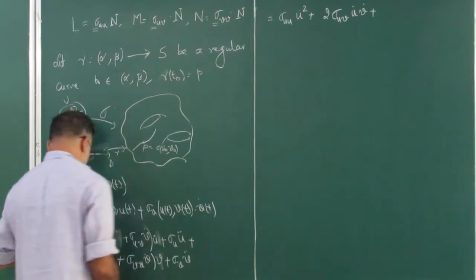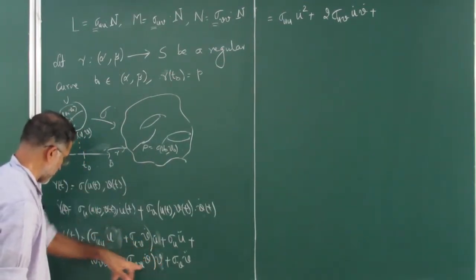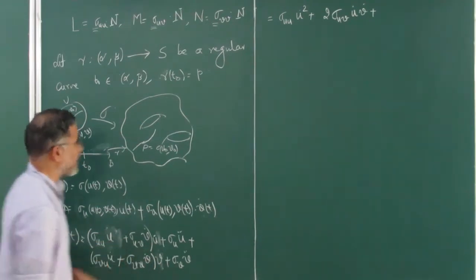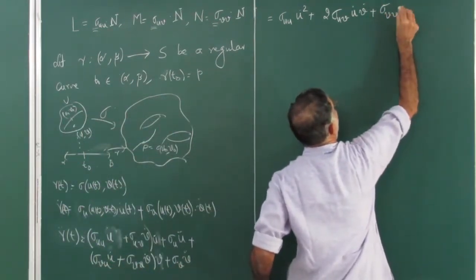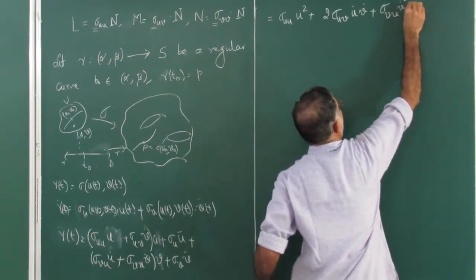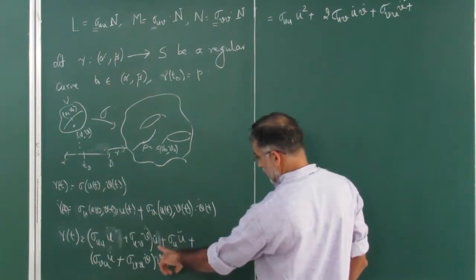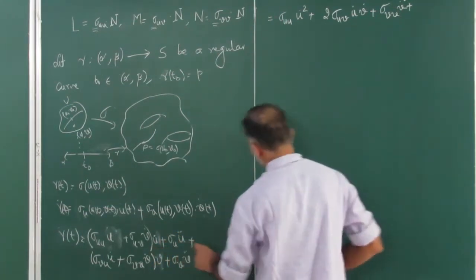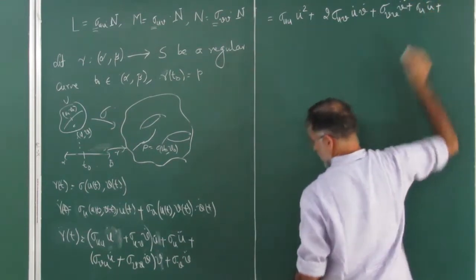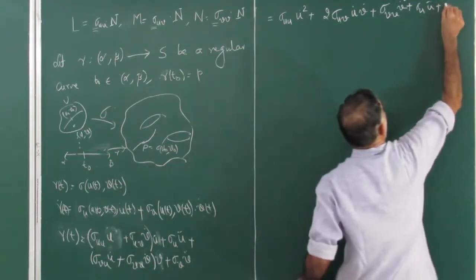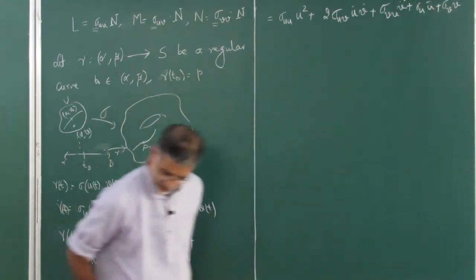I'm yet to get into this other one. So let me write down these second derivatives, then we will come. Sigma vv v dot square, plus what is the other one? Left out is sigma u double dot plus sigma v double dot. So that's what we have got.